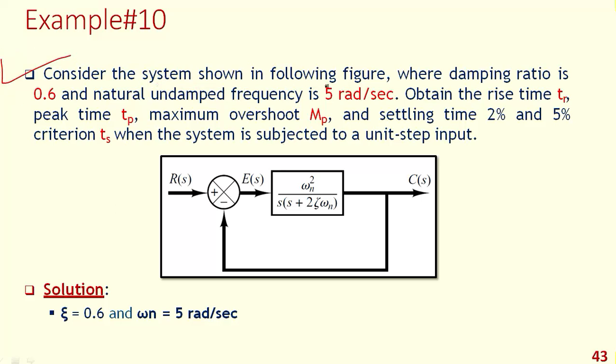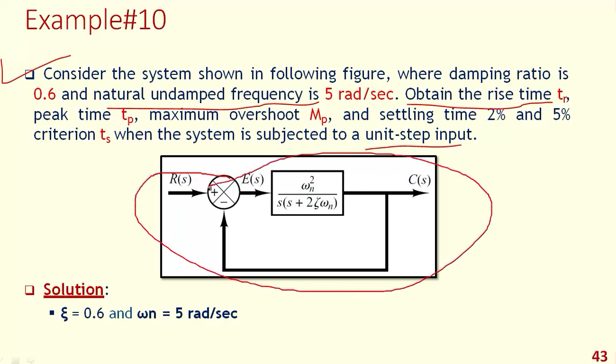Consider the system shown in the figure where the damping ratio is 0.6 and the natural frequency is 5 radian. Obtain the rise time, peak time, maximum peak overshoot, and settle time, which is subjected to unit step input. This is the given transfer function or block diagram. Reduce the block diagram into standard form. Then you have to find the value of